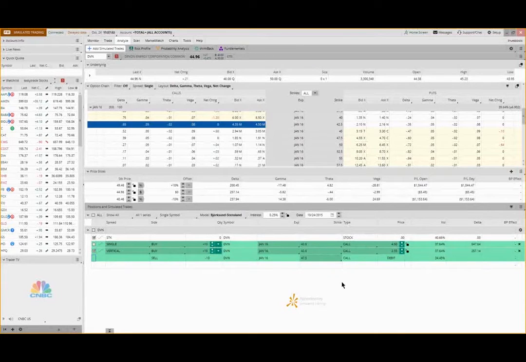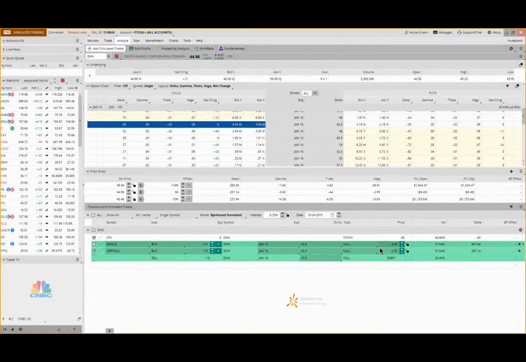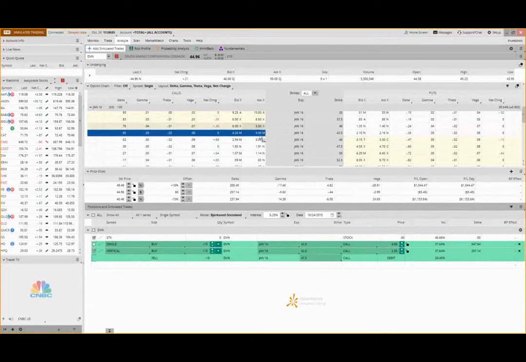Okay, the other thing I can do is put on a diagonal spread. Okay, so let me right-click again here. And actually, before I do that, I want to mention something. Whenever you're putting on a spread which will be at the money, in other words, you can see the 45 is in the money, but the 47.5 is out of the money. So we're right around that current price, which is around 45, or it's right in between our spread. Whenever you have that, your risk to reward will be about 1-to-1, the way it is here.